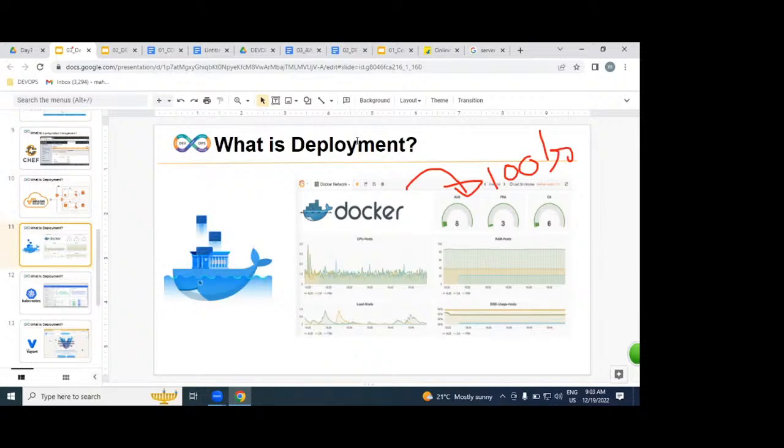What is a Docker? Docker is an isolated area which is specifically for deploying our applications. That is the definition. But it is an easy way for deploying our websites. Simple words. From the definition point of view, Docker is an isolated area which is specifically for deploying our applications. Understood very clearly? Example.